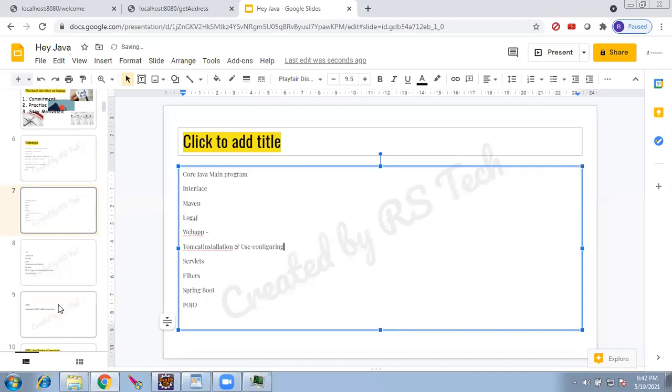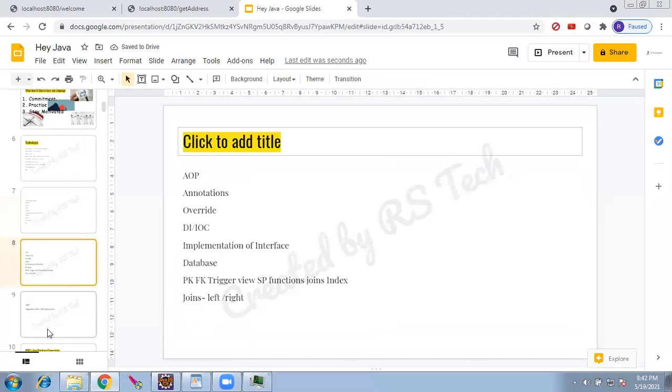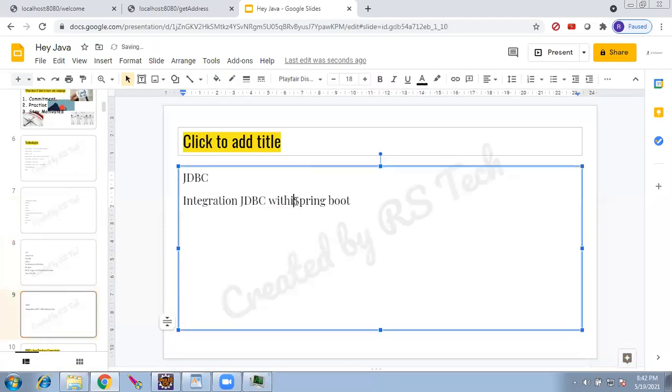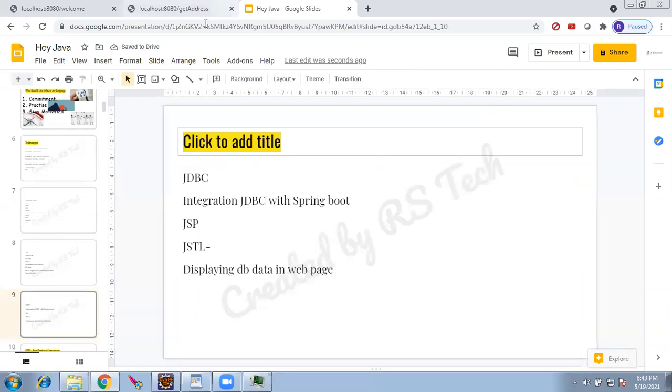Now coming back here, JDBC integrating with Spring Boot, and then JSP and JSTL basics we saw, and bringing and displaying the DB data in a web page. We have seen these things so far.